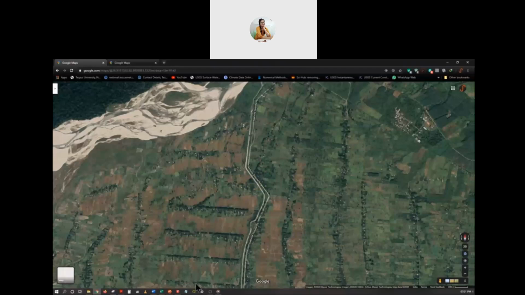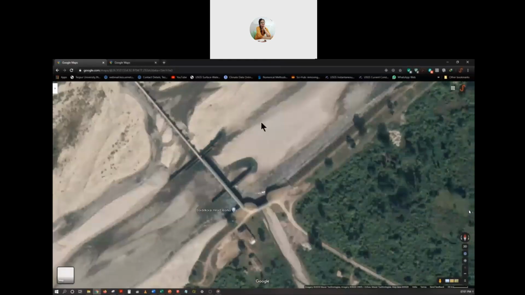Now, if we look at the whole project, this is the main weir, basically a barrier which raises the water level, and this is called a divide wall. This is another divide wall. The divide wall serves one purpose: it prevents the formation of secondary current. Secondary current is when water flows in directions other than the straight direction of the axis of the river. So some eddy currents are produced. To stop these eddy currents,